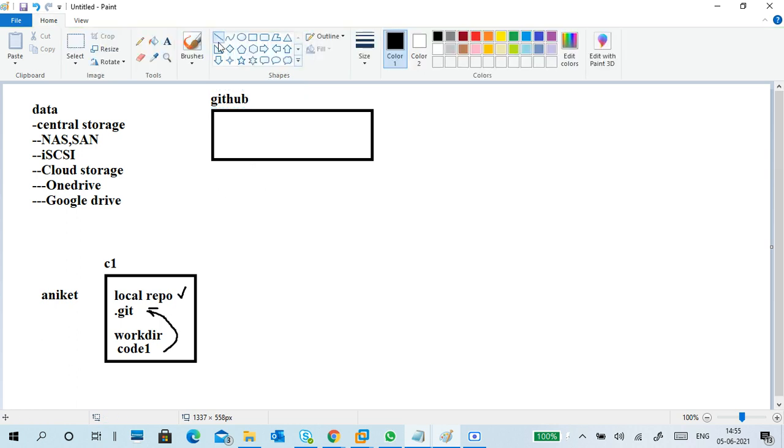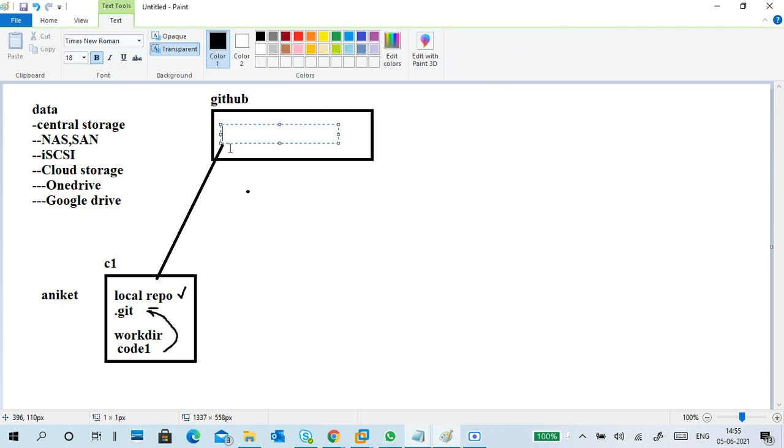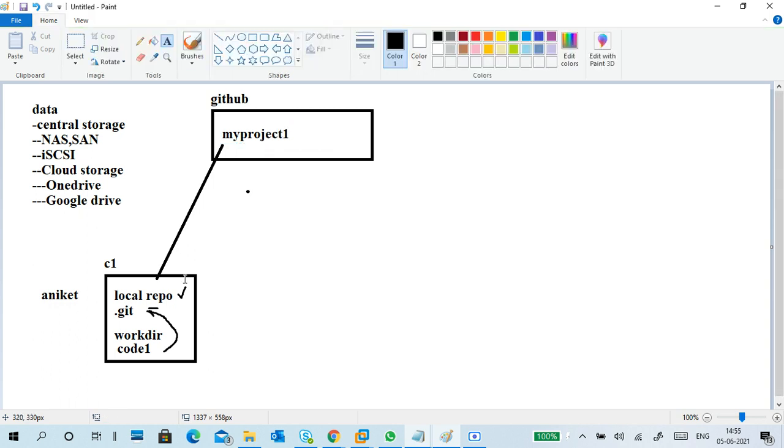So what I have to do is push this configuration to GitHub. I have to create a repository, just for an example, my project one. This is my repository, and here this code is added from the local repository to the centralized repository.